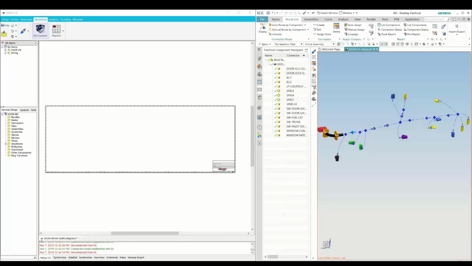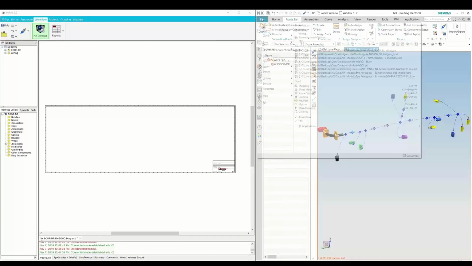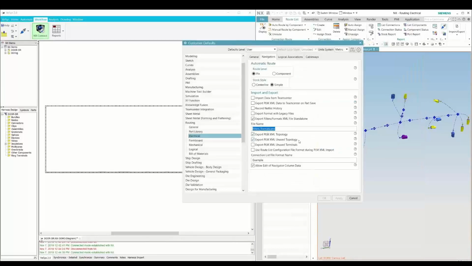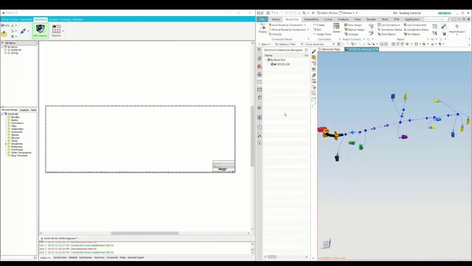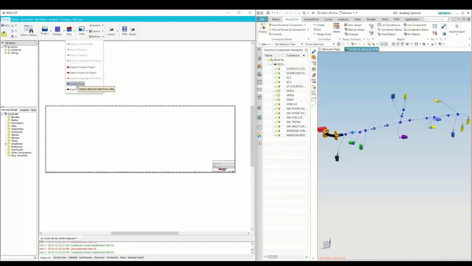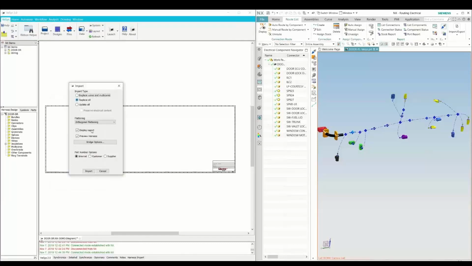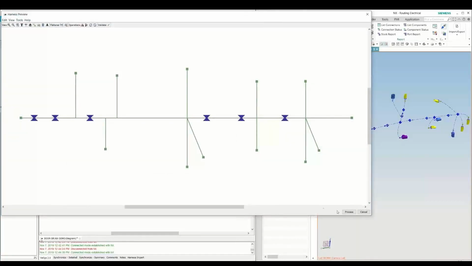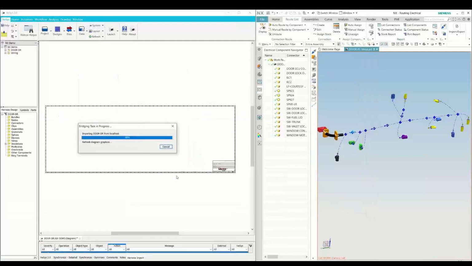Again, we have the same setup. We have NX on the right-hand side and VSys on the left. On the right-hand side we have the fully routed device with no wires, just the components. What we're going to do is send the information, the routed harness, into VSys. As you can see, we start the process and the data is brought back into VSys, where we can reuse the data instead of building it from scratch. Data reusability is very important. It saves time on both teams.